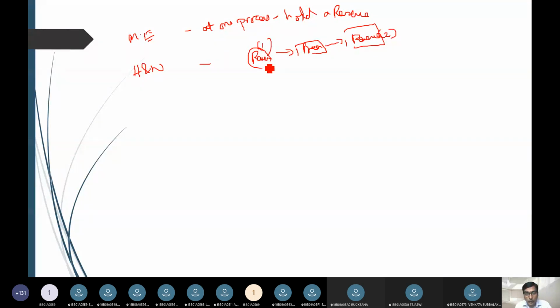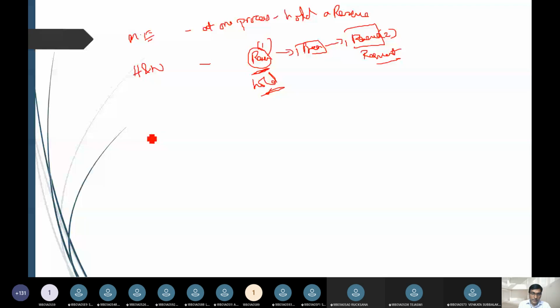So it already holds one resource and requests another. This part we call the request part, and this part we call the hold part. A process holding a resource while requesting another resource, we call hold and wait.